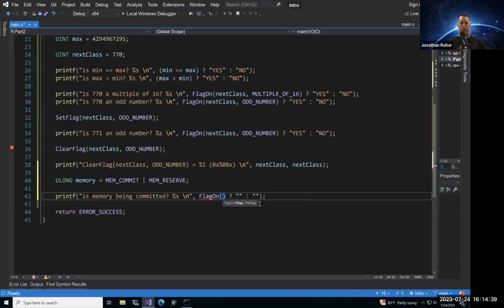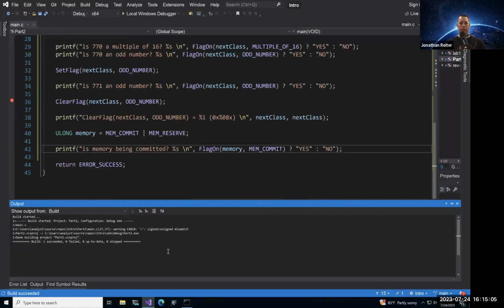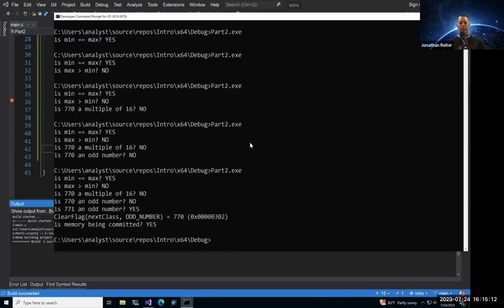Inside of flag on, we'll pass it memory, and the flag of interest will be MEM_COMMIT. Yes, no. All right, save it, build it. Then inside your terminal window, go ahead and run it. So yes, memory is being committed.